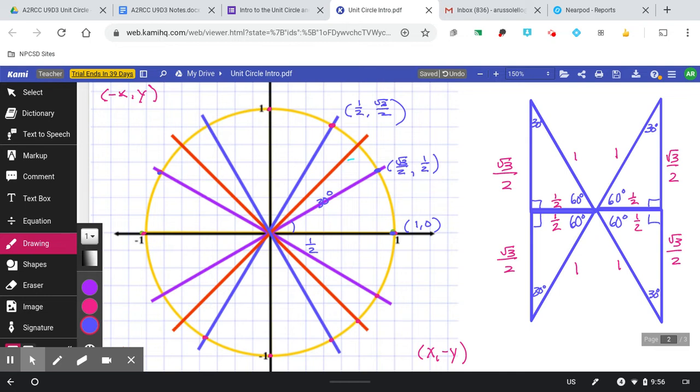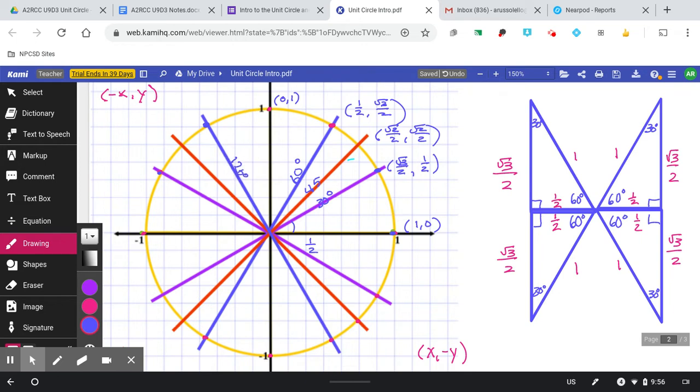All right, then we have 45 degrees. Well, 45 degrees is easy. It's just radical 2 over 2 and radical 2 over 2. Okay, both of them are like that. We already did the 60 there. This is going to be 0, 1. Now, when we get on this side, okay, so this is 60 degrees here. Now we're going to get to